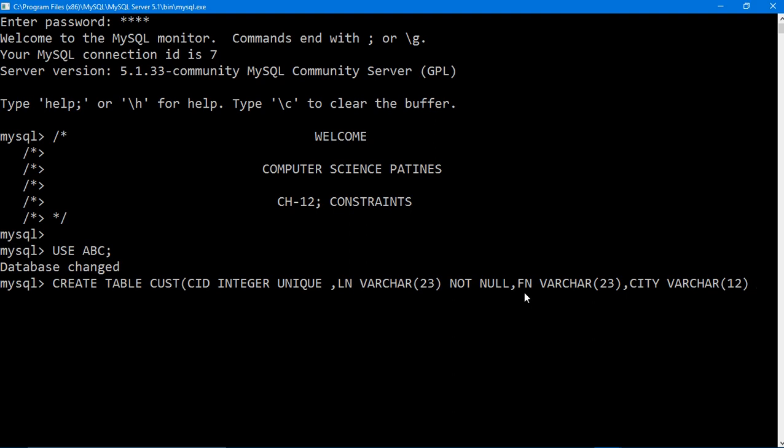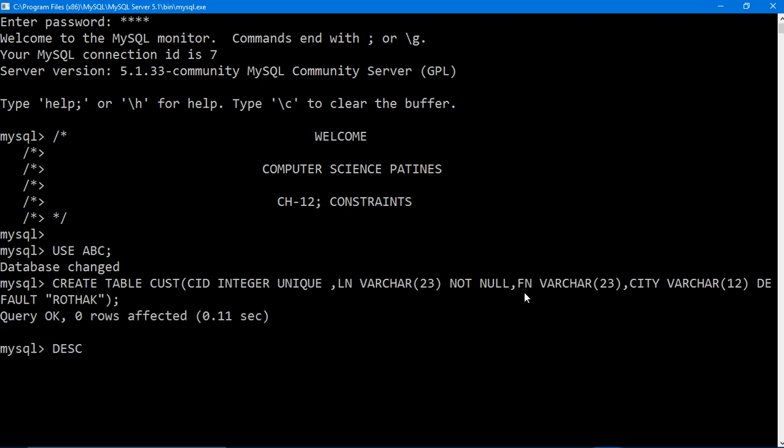I'm using the default constraint. Default will allow me to enter a particular value. I assume that I have customers only of Rohtak. But if I have customers who are not a part of Rohtak, then I can change it also. So my table has been created.